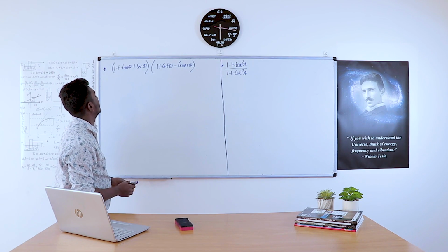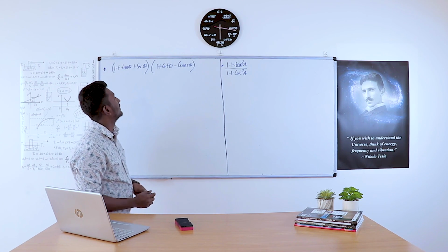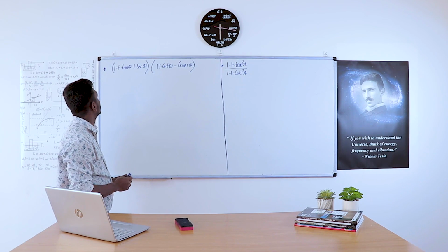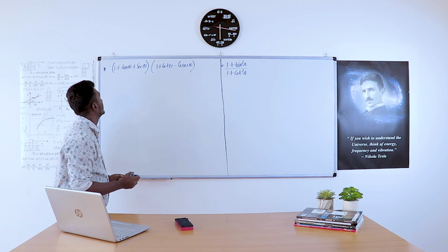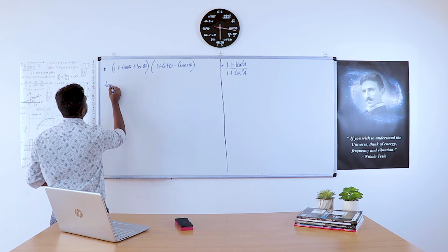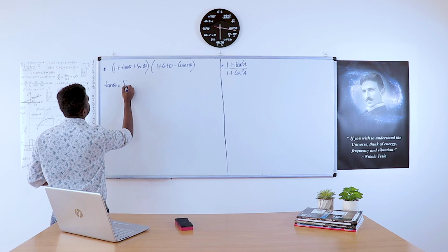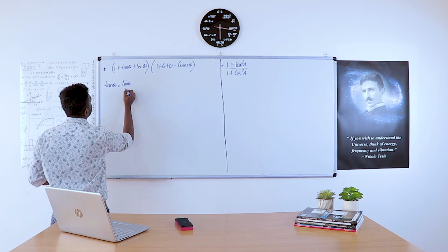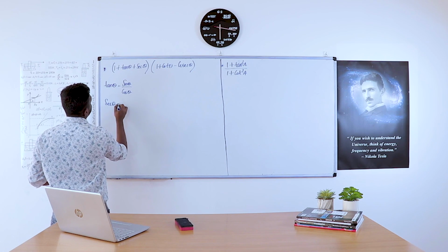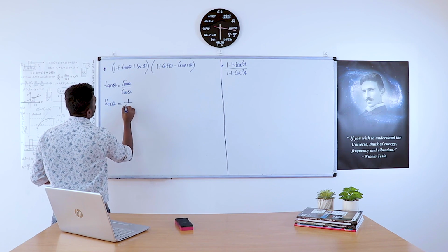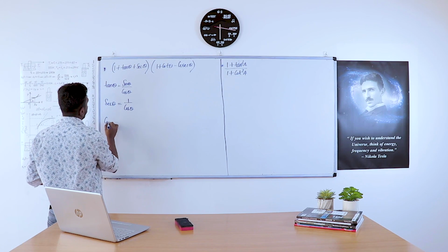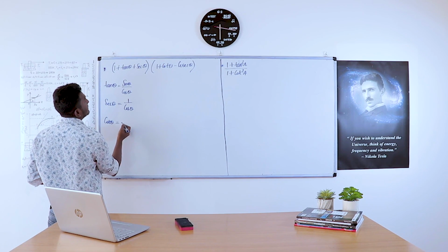(1 plus tan theta plus sec theta) into (1 plus cot theta minus cosec theta). We need to simplify this. So how can we simplify this? All the substitutions you can give: tan theta we can substitute as sin theta by cos theta. Sec theta we can substitute as 1 by cos theta. Then cot theta we can substitute as